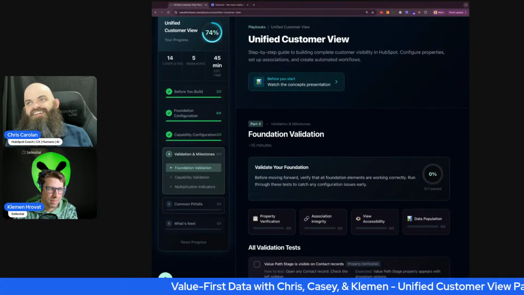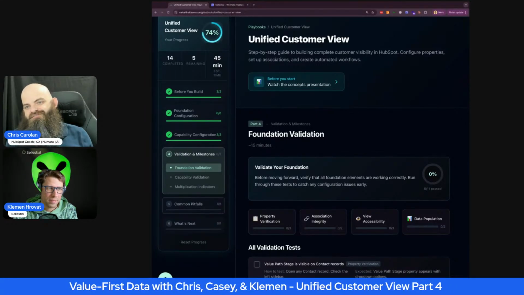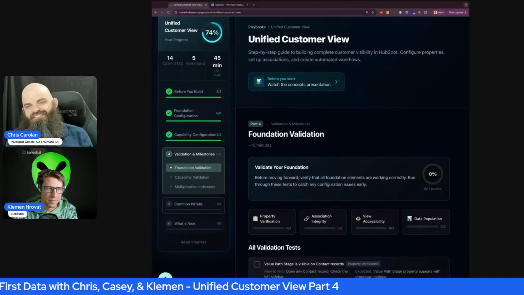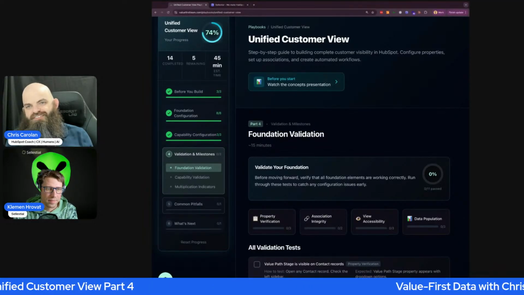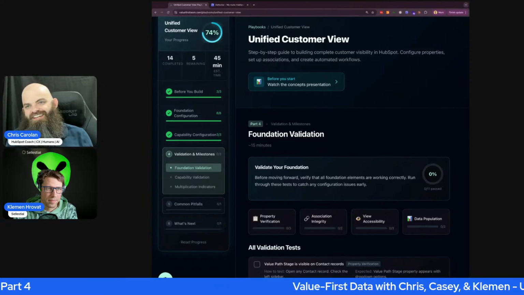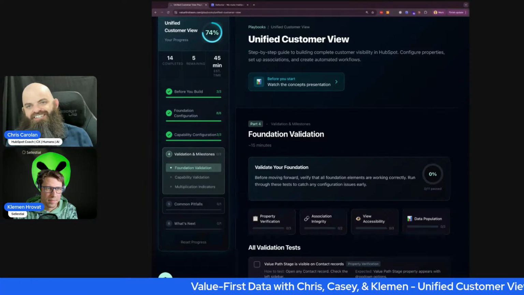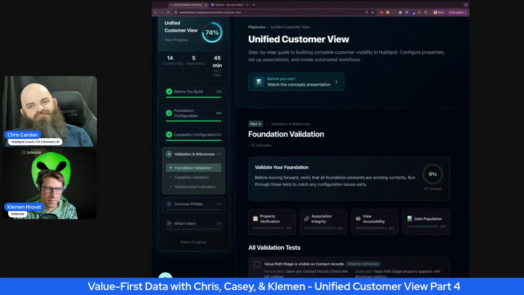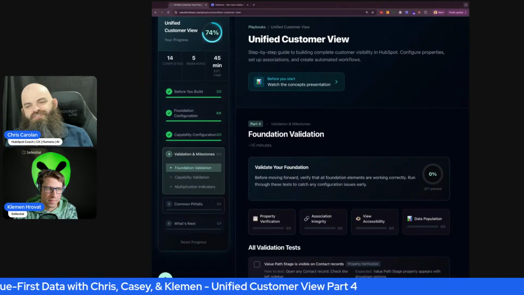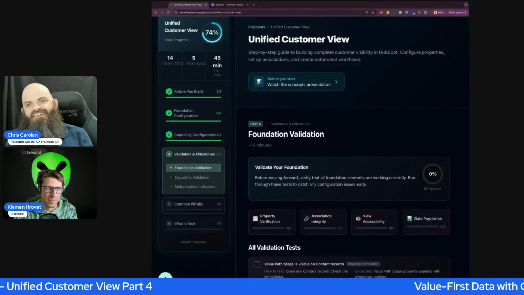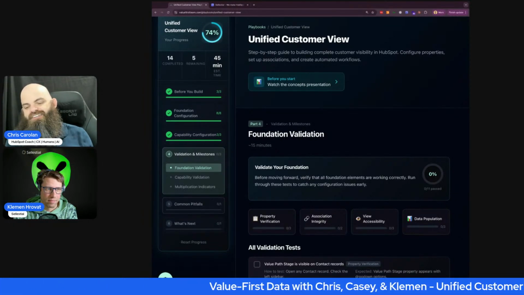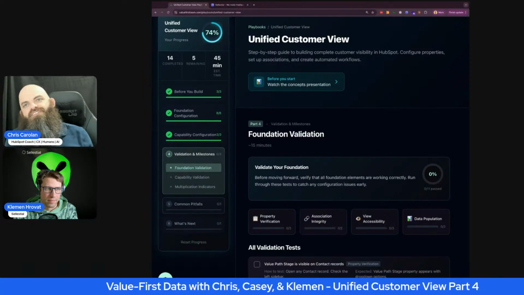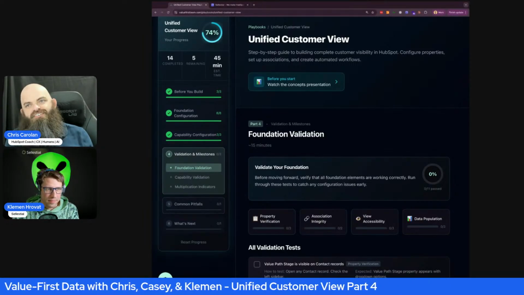This feels like a game at times, trying to figure out the magic formula for adoption. And now it's adoption by humans and adoption by AI. You can throw a bunch of data in the system, but it doesn't mean AI is going to know everything to look at in the context of it all, unless you're building around things like unified customer views.